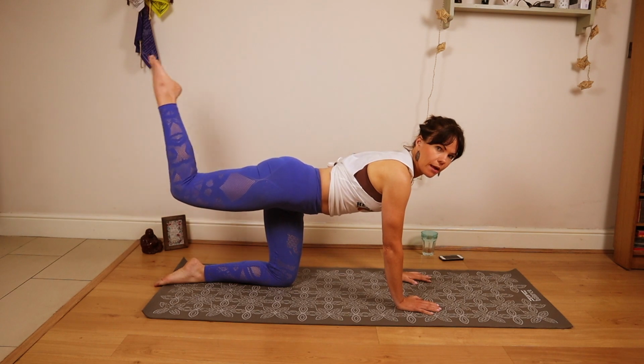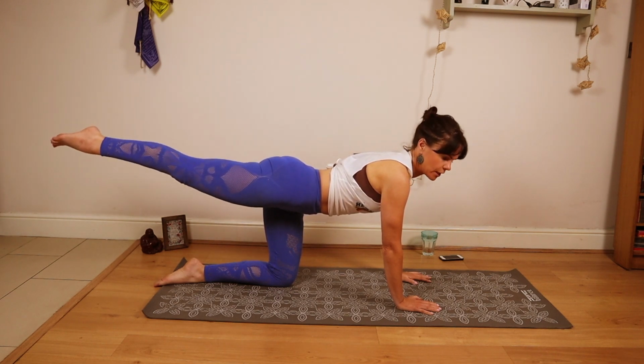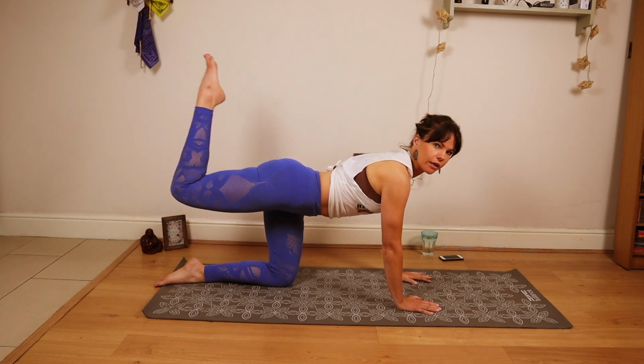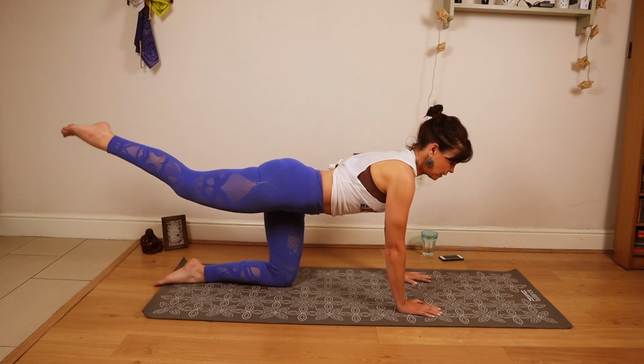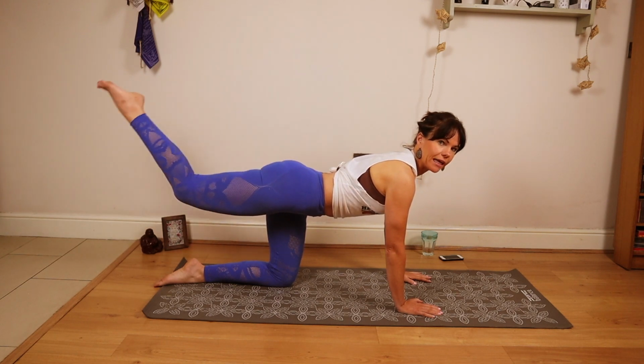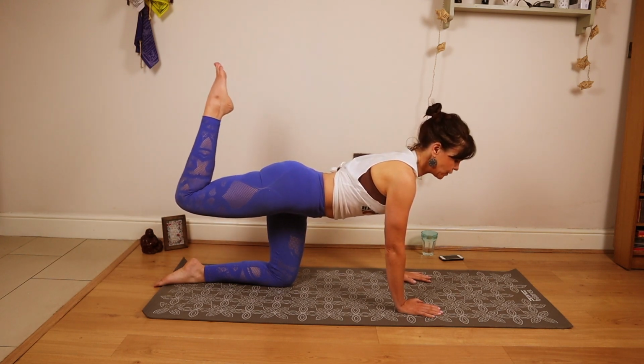So now you're just going to bend the knee and straighten. So you're keeping the knee lifted, just using your hamstring to bend that knee. That's the muscle that you're working. Try to keep your hips level. Tummy muscles are definitely in here to support the lower back. Let's go for 10,